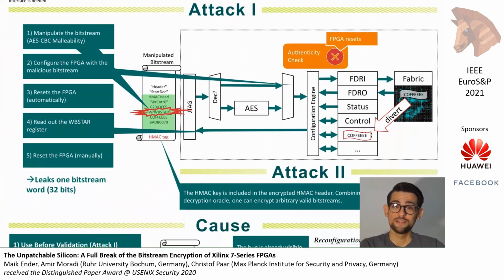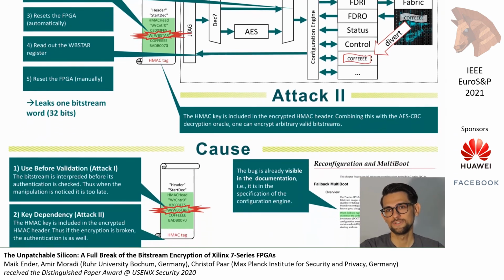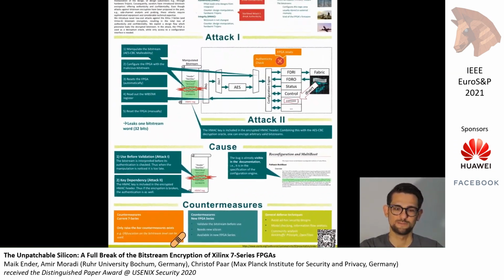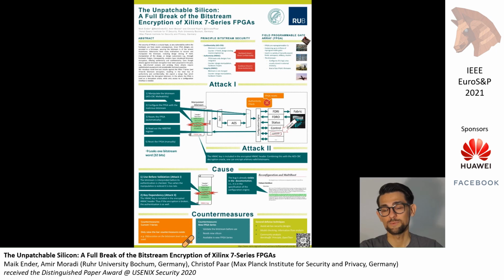So the vendors invented the Bitstream encryption engine, which we fully break on the Xilinx 7 series FPGAs, also known as the Starbleed attack. In general, we trick the FPGA into diverting decrypted content to a public readable register. And of course, we look at possible countermeasures and more general defense mechanisms. So I hope to have an inspiring discussion with you.